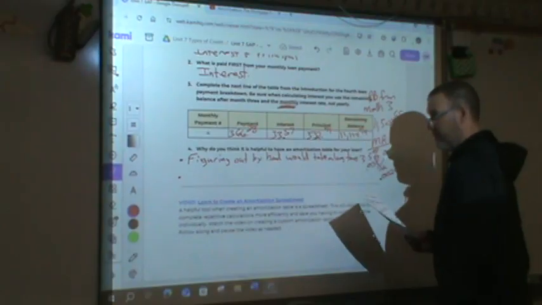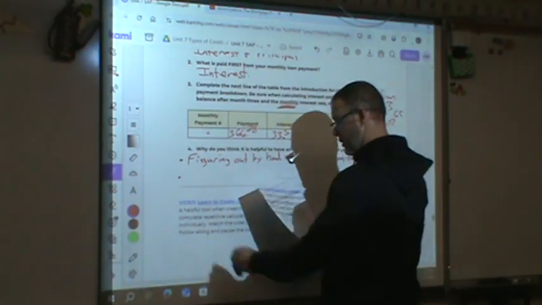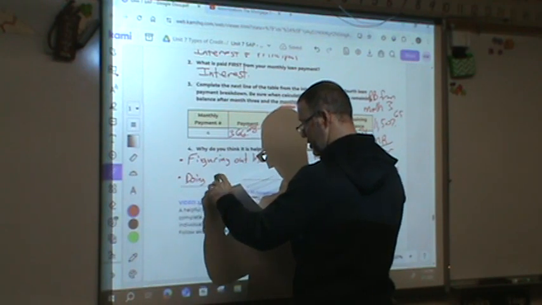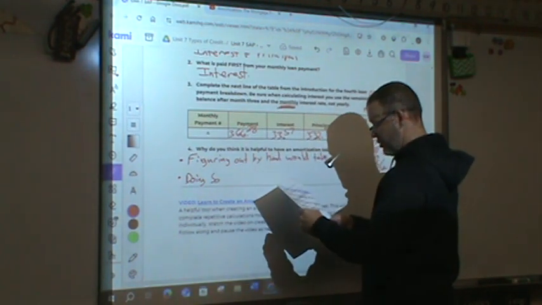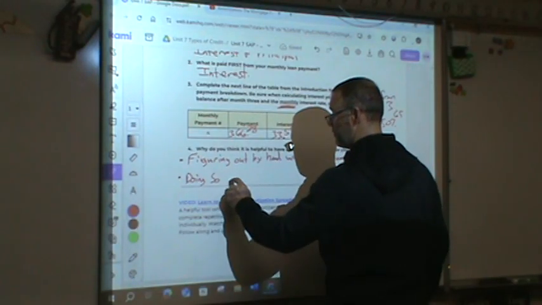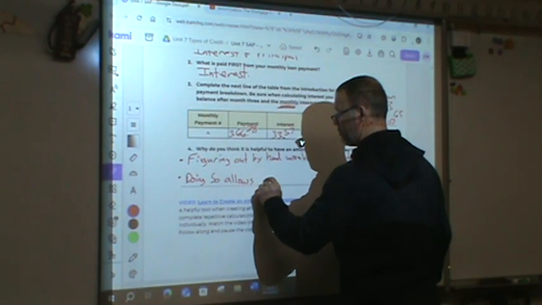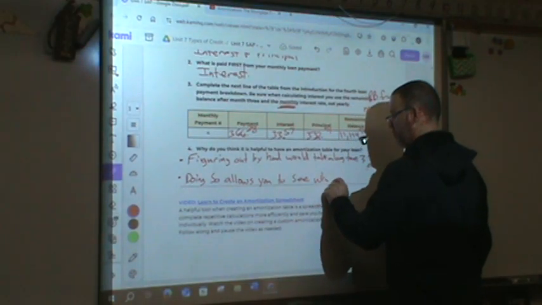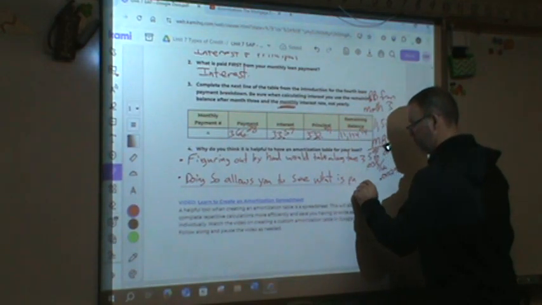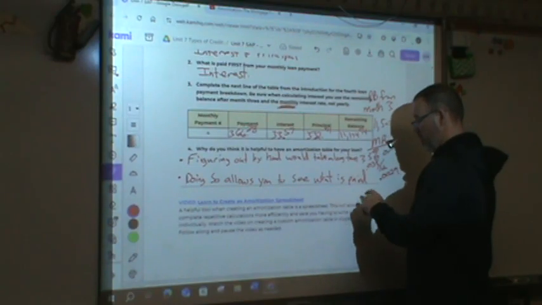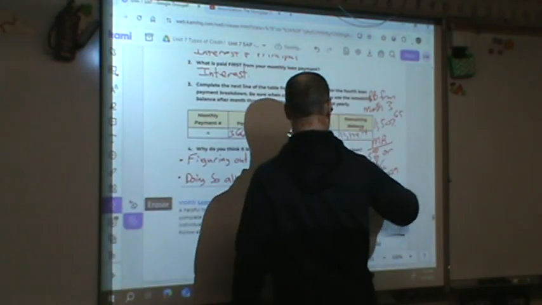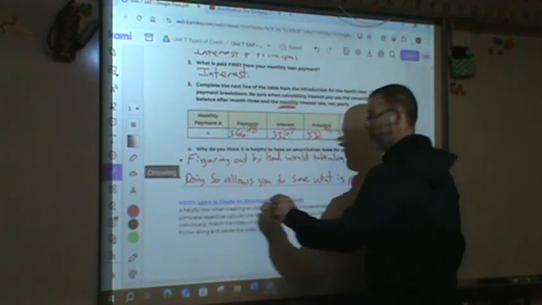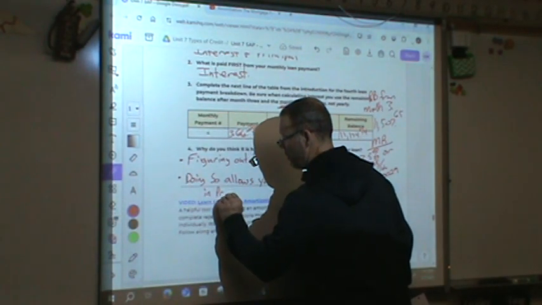And having an amortization schedule allows you to see what you pay in interest and principal. So it allows you to see what is paid in principal